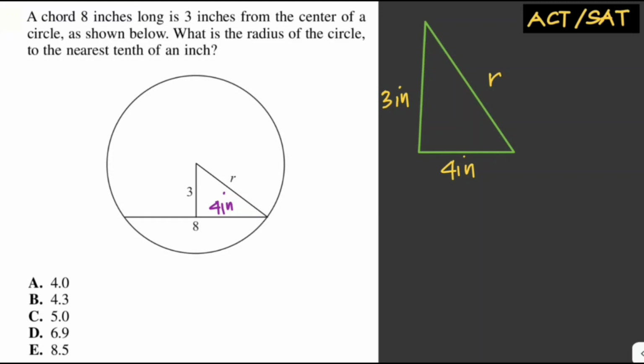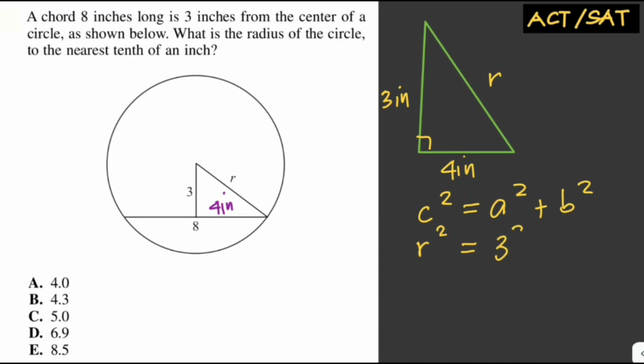And now if this is our right triangle here, we have the measure of the base, which is 4 inches, and the height, which is 3 inches. And our hypotenuse is r, which is our radius. Now to solve for the radius, we can just use the Pythagorean theorem. And that is the longest side, c squared, equals a squared plus b squared, where a and b are the legs of the triangle. So our longest side here is just r